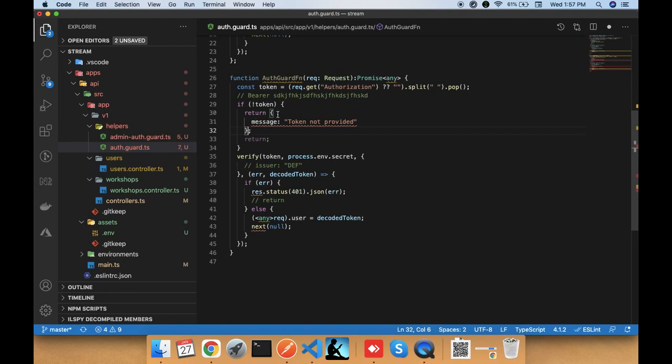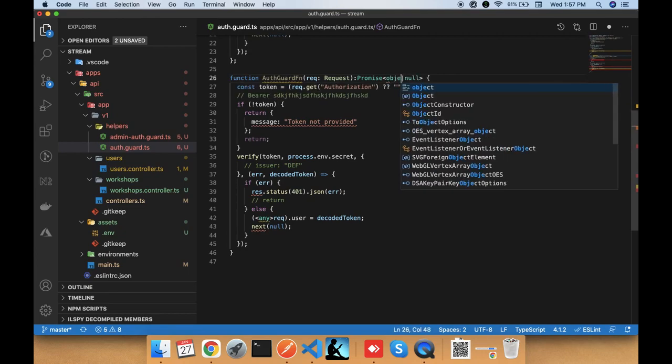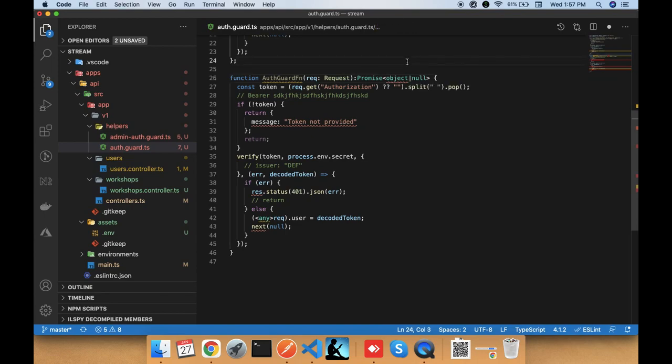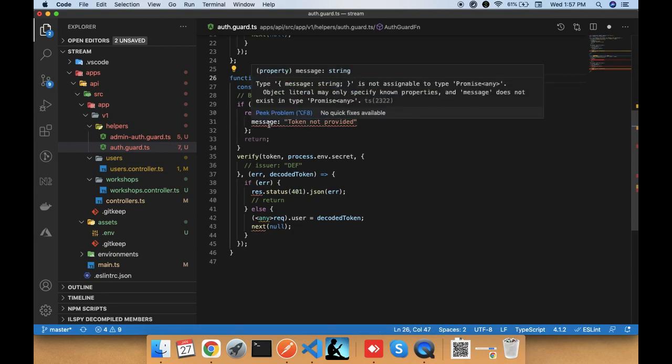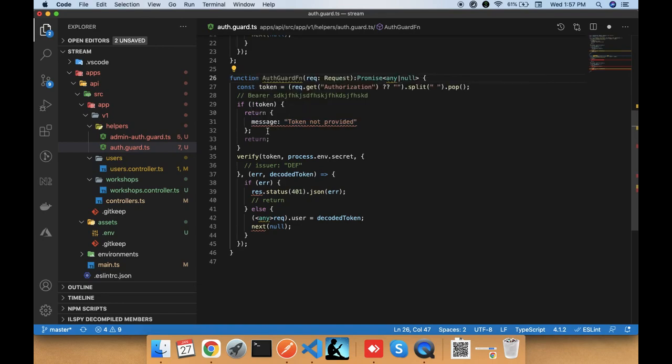And if I send an object, that means an error. If I send null, that means no error. Okay. I can write any, that is fine though. Return message string is not assignable. Okay, that's fine. This has to be an async function,